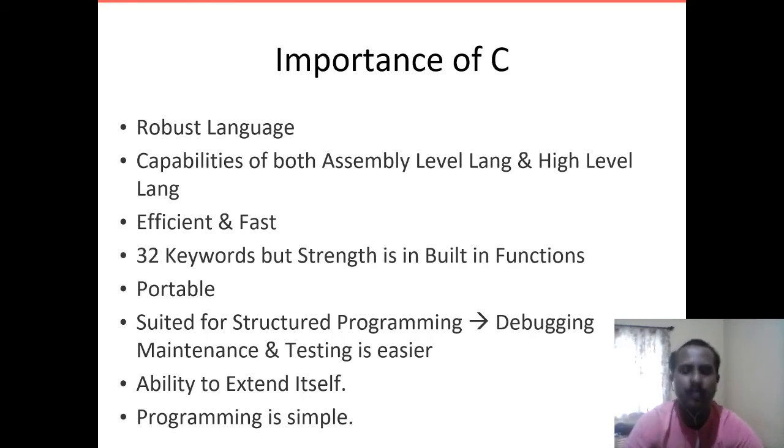Next importance is it is portable in nature. What do you mean by portable? Portable means, for example, if I write the program in one computer, I can take the program copy and I can run the same thing in another computer also. So it is very portable in nature. Most of it, C is machine dependent. It depends on the machine. So most of your operating systems are written in C there.